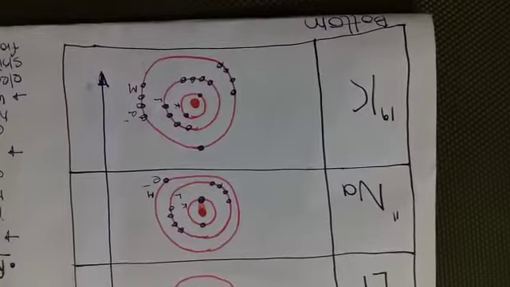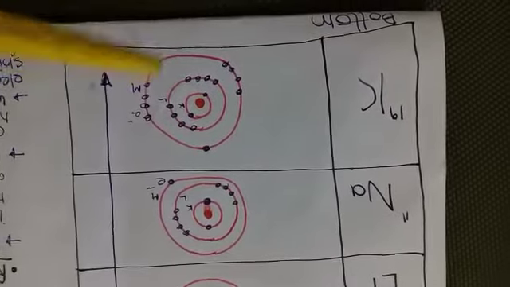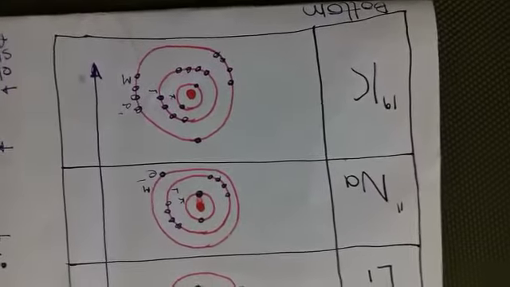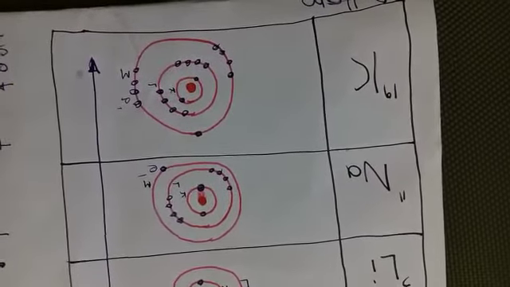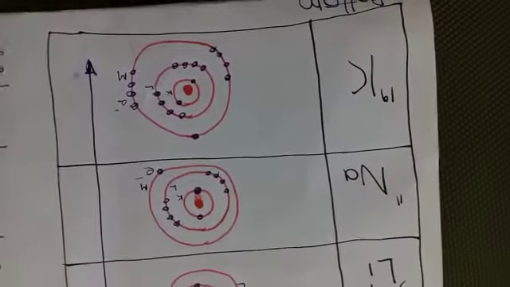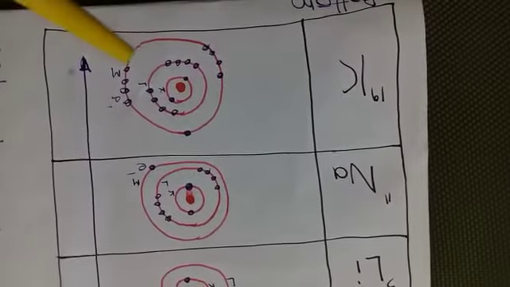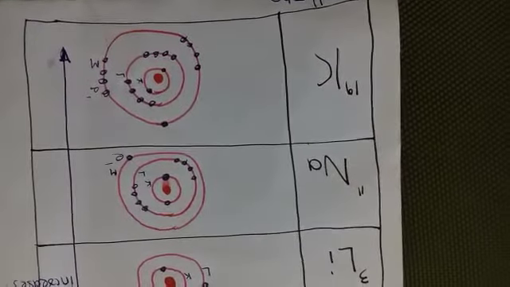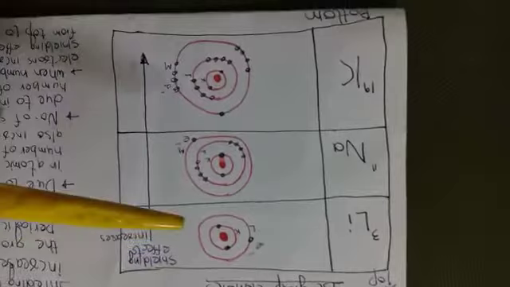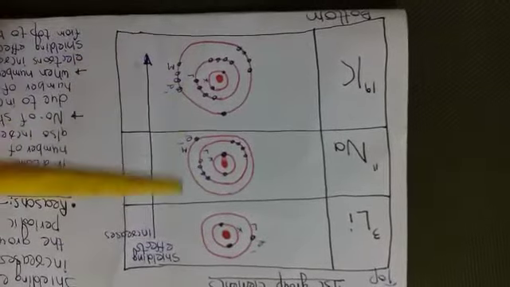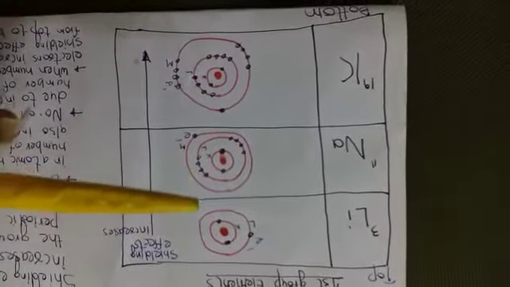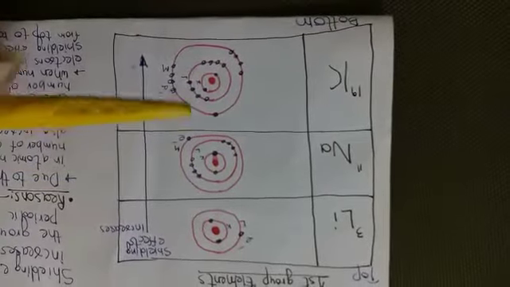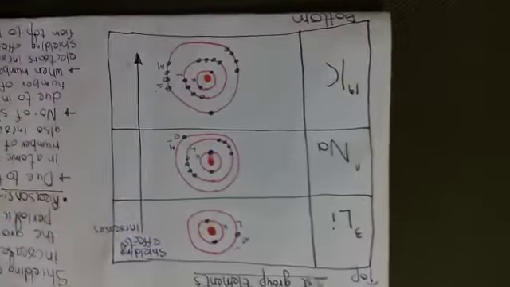Now class, in that condition, due to the increase in the number of electrons and due to the increase in the number of shells, the 10 inner shell electrons shield the nuclear charge felt by the outermost electron. Now the outermost electron actually experiences less nuclear charge than the actual nuclear charge. So class, in case of the group, when we move from top to the bottom in the group, the number of shells increases due to the increase in the number of electrons. So that's why the shielding effect increases when we move from top to the bottom in the groups.